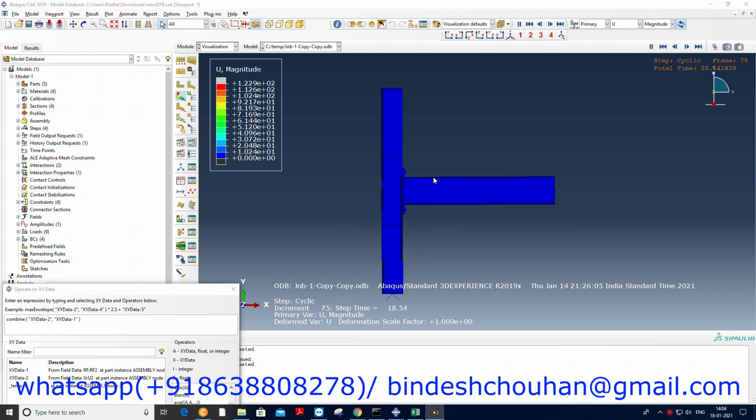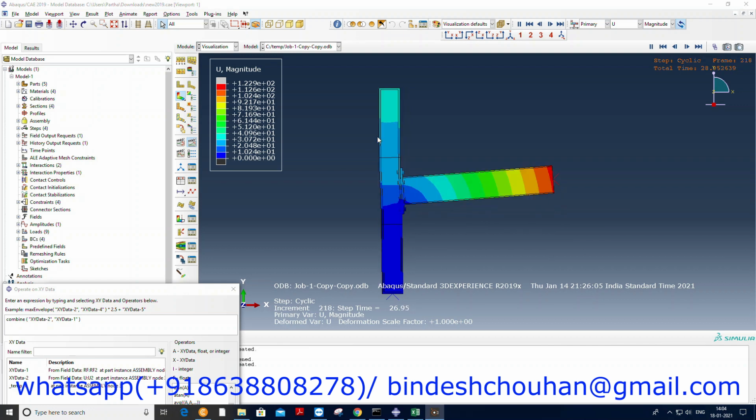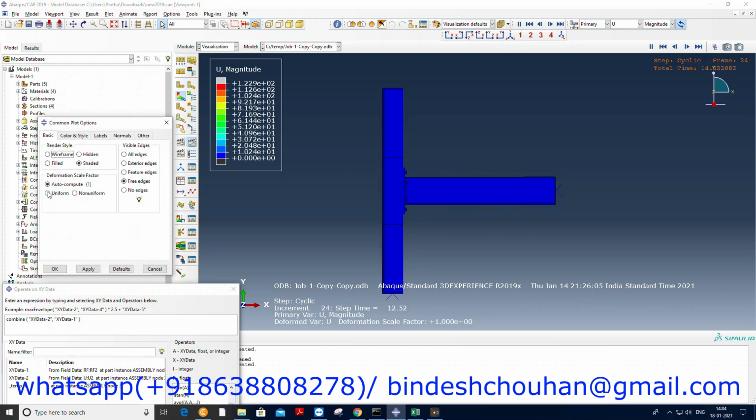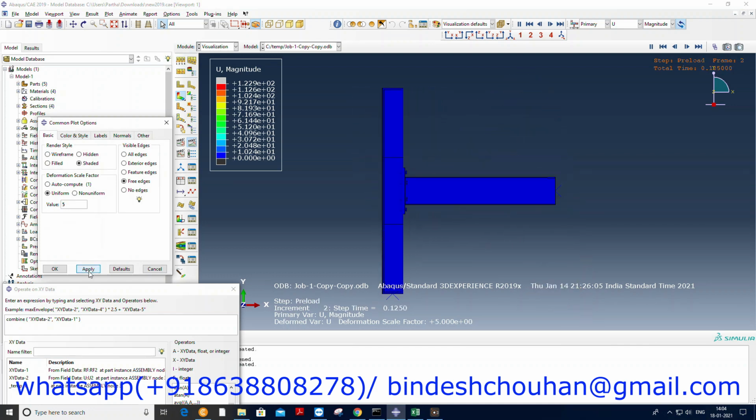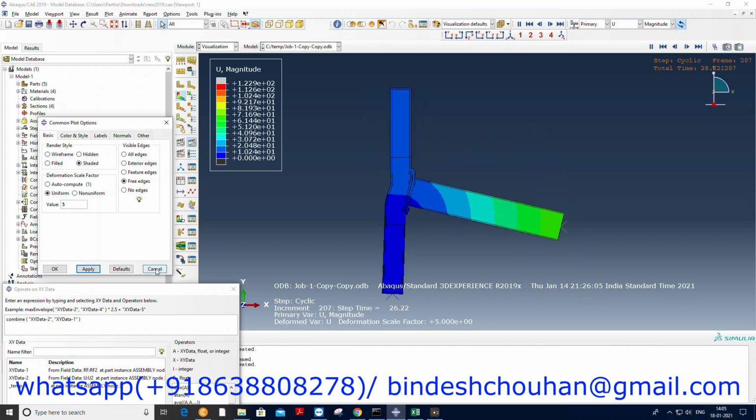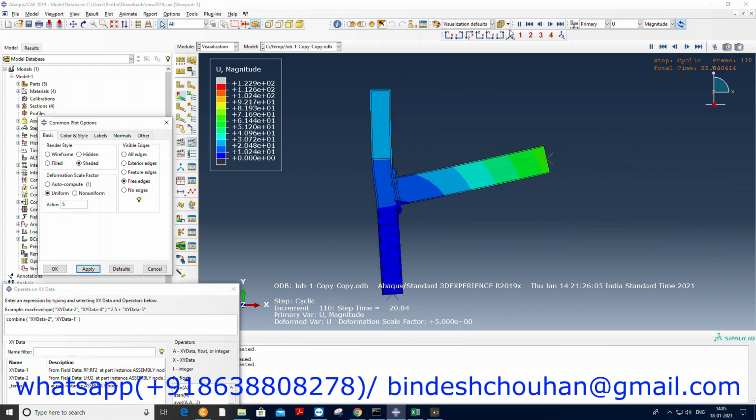So today I'll show you the hysteresis plot of a beam column joint. Over here on the screen, as you can see, this is a steel beam column joint that has been tested under cyclic loads. I can simply increase the scale a little bit, this much more, so that I can check the behavior properly.